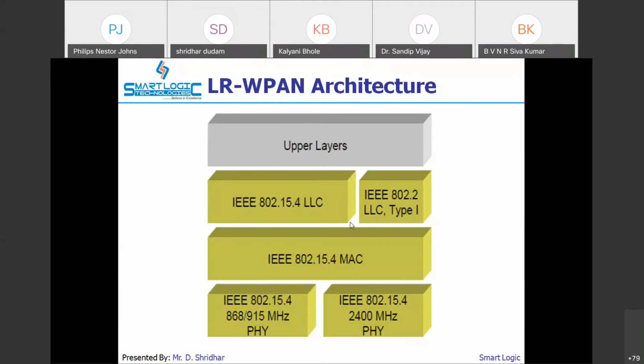The physical layer, the MAC layer, the link layer, and the upper layers are defined by the user. So typically this IEEE standard defines 3 layers, and we have to work in those 3 layers.